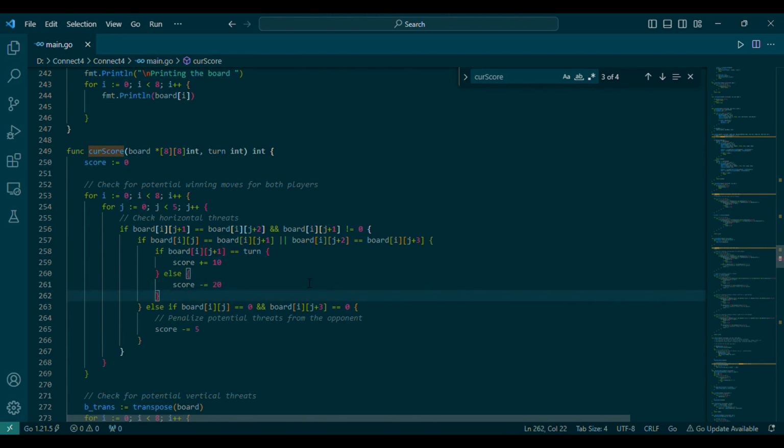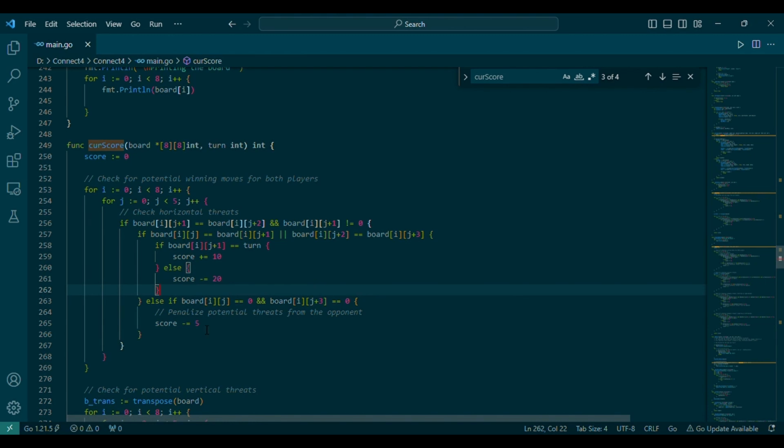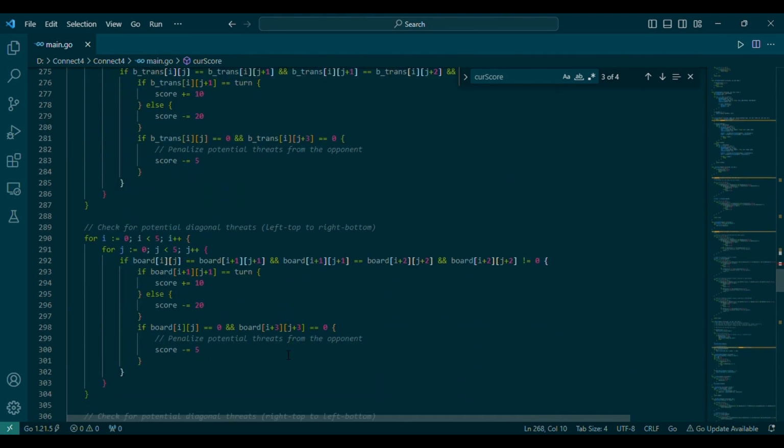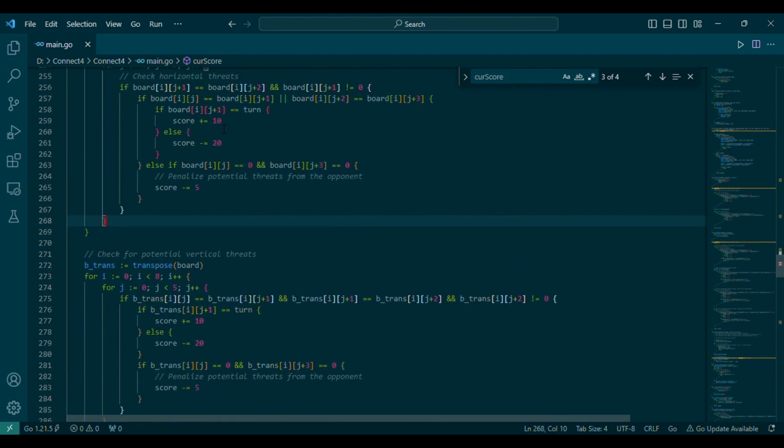So in such a situation, we'll score it with minus 20. And likewise, if there are two coins aligned in such a way, and by placing a third coin, he's able to get a three coin orientation that can be harmful to us in the long run. And after a lot of trial and error, I was able to troubleshoot this. So in such situations, we just give it a minus 5, and this basically goes on for all the possible